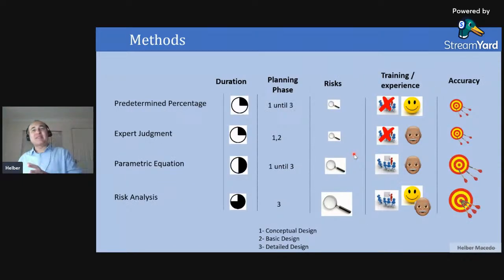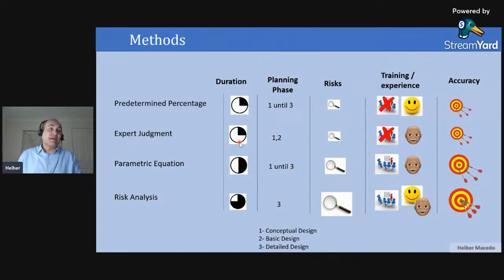So here in this slide, we are trying to see the difference between all these techniques, all these methodologies. First, about the duration. Of course, the first two methodologies are very quick. It's fast. We don't need much time. The first one, I need to just get an opinion from one, two, three guys, then maybe make an average. The expert's judgment is just a matter of reading a procedure and applying the equation or the table,